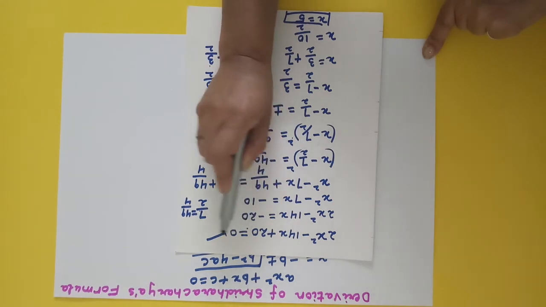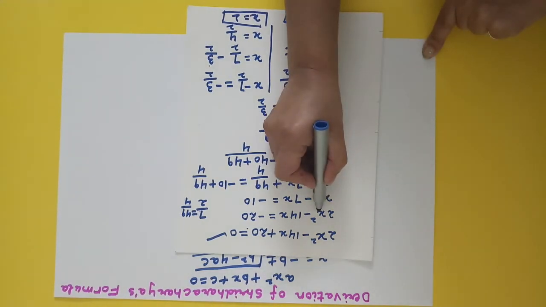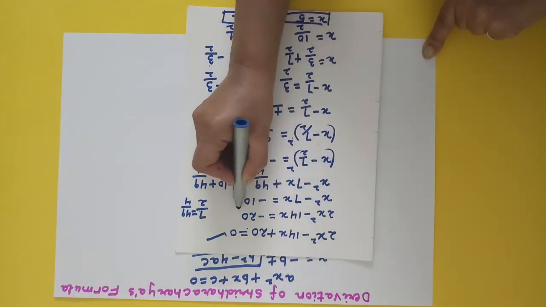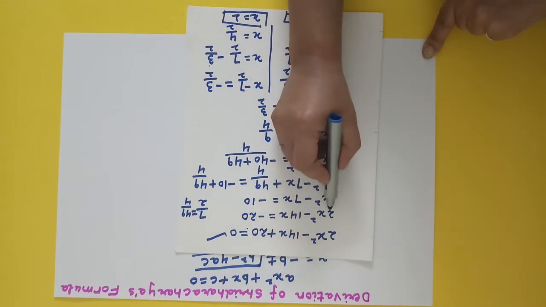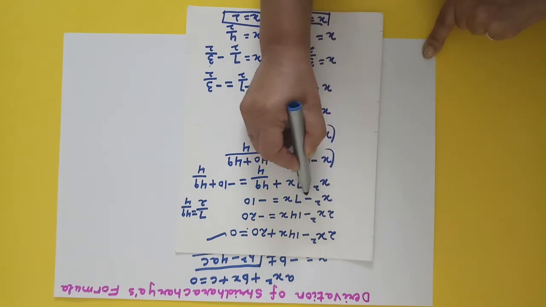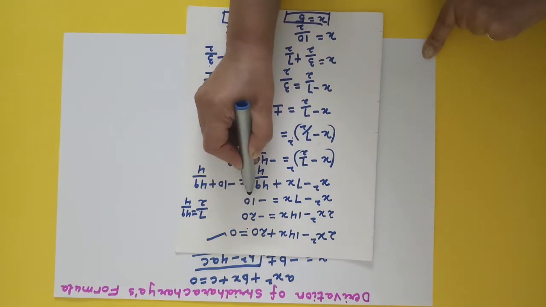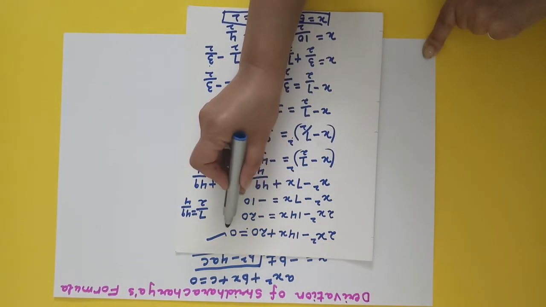The first requirement here is that the coefficient of x square should always be 1. This means that whatever number you have with x square, divide the entire equation by that number so that you can get rid of this 2 here. When you divide the entire equation by 2, you get x square minus 14 divided by 2 makes it 7, and 20 divided by 2 makes it 10, right? Fine. Now, we have already shifted this 10 to the right hand side.